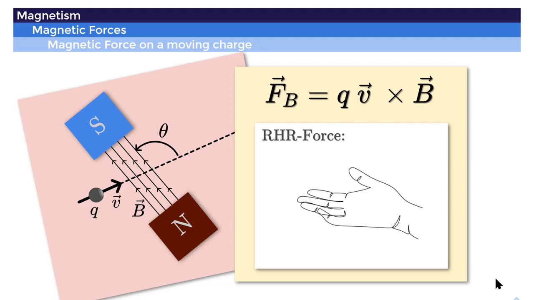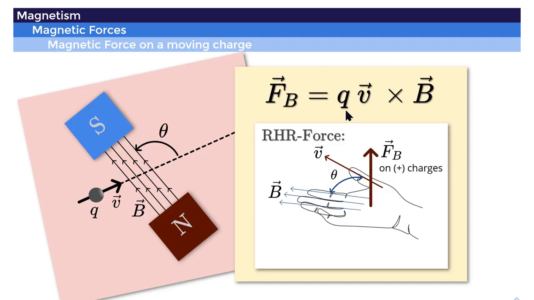So if I open my palm, so this is an open palm kind of right-hand rule. And with an open palm, the thumb would represent the direction of motion of the particle, the direction of the velocity vector v. The rest of the digits would represent the direction of the magnetic field lines. And of course, the angle theta between the direction of motion and the direction of the field lines would be represented by that subtended angle between the thumb and the rest of the digits. In which case, the cross product would give me a positive vector that is pointing out of the palm of my hand. So if the charge is a positive charge, that does not change that direction, and therefore the direction of the force would be out of the palm of my